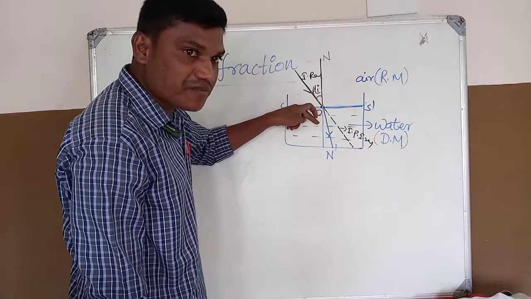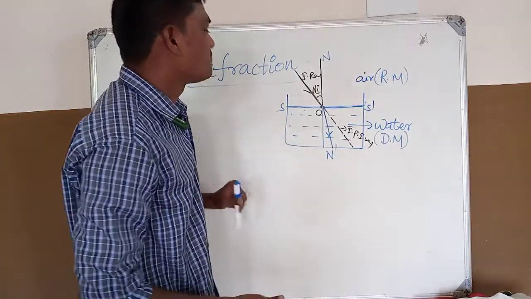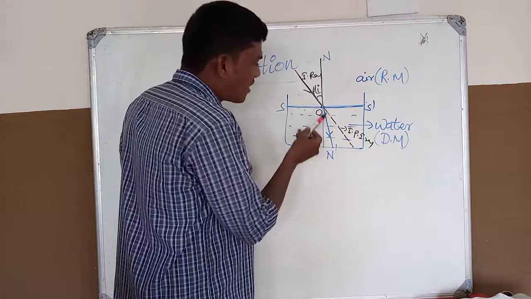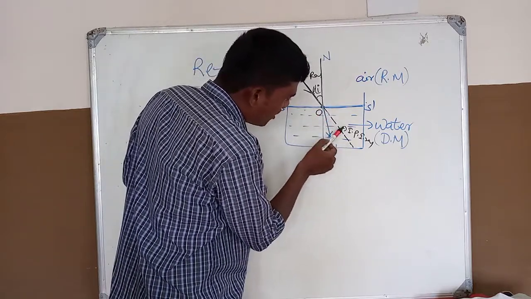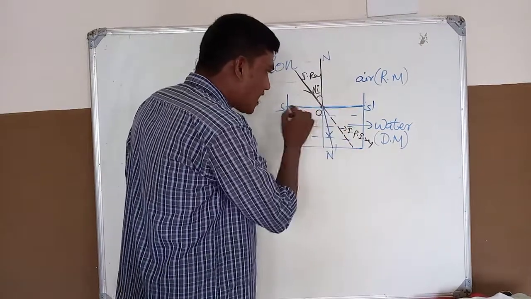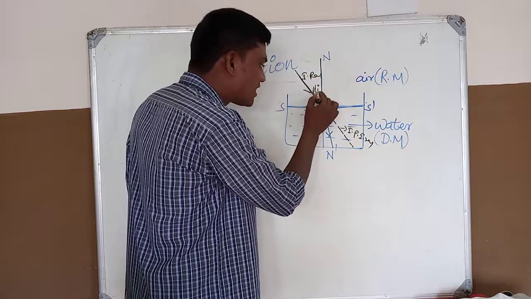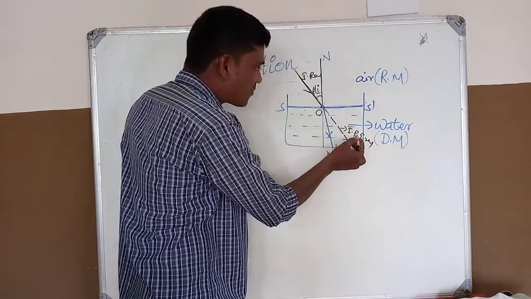But after the deviation, again it travels in a straight line motion. That's why here we are observing that the black portion inside the water represents the initial path of the incident ray, means straight. But at the S dash, when the incident ray travels from rarer to denser, or one medium to another medium